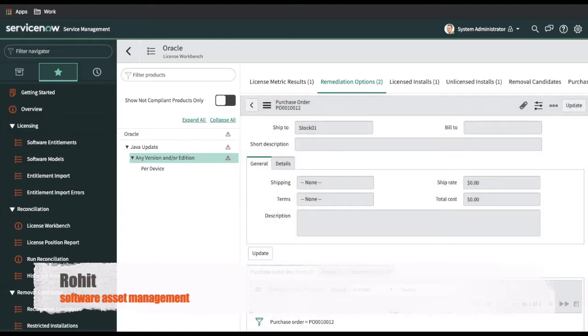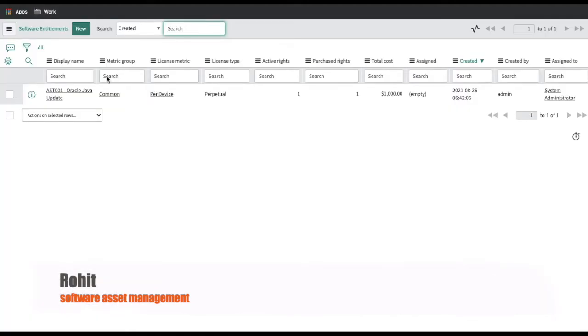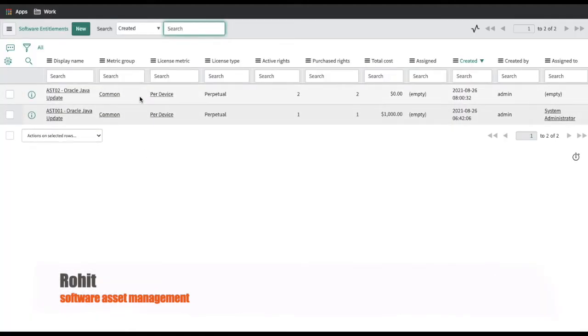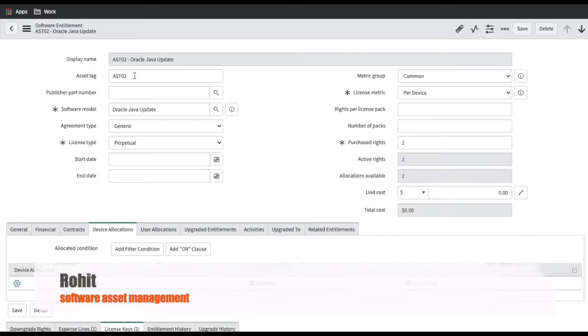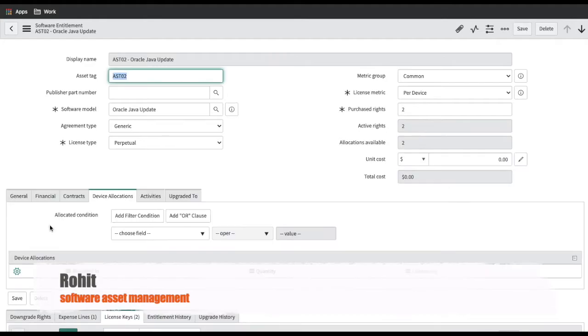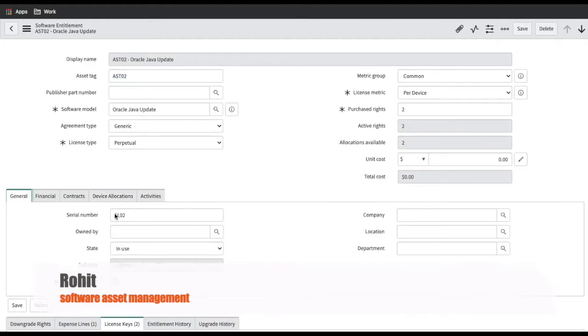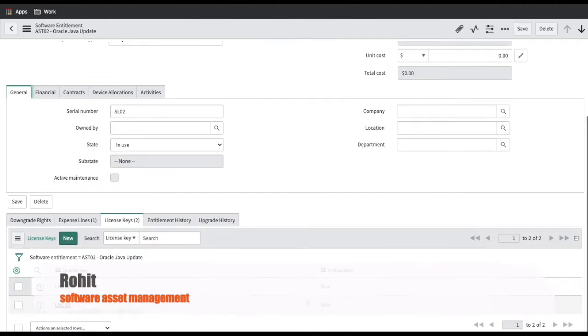If I go to the software entitlement right now and refresh here, you will be able to see that one more software entitlement is created, and this time it is saying the asset is 02 and the serial number is 02, and there are 2 license keys that are not allocated right now.